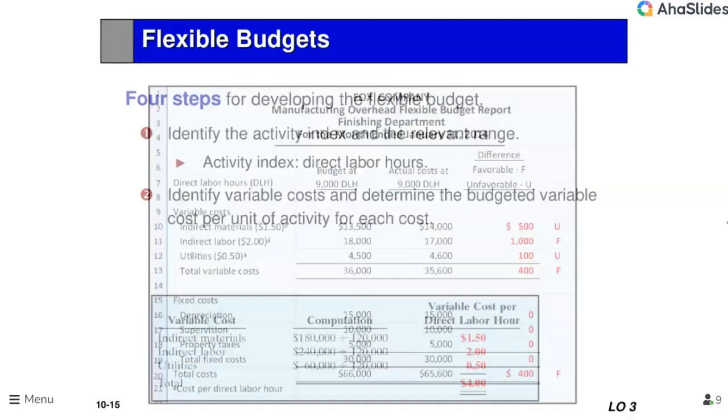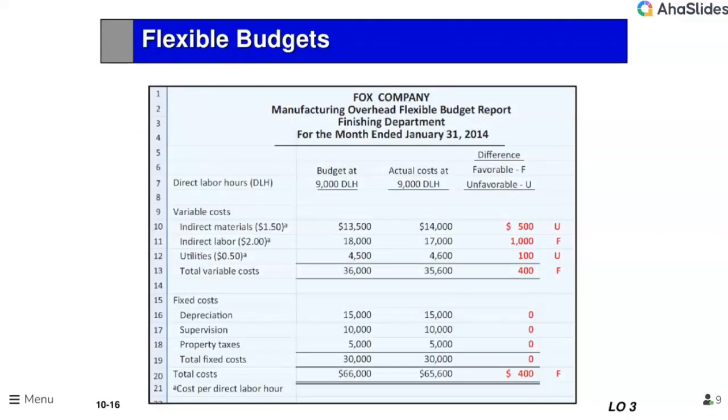Now the actual comes in, and they did 9,000. So that 120 is for the year. And for this month, first month, we did 9,000 actual results on the right-hand side. We don't change the actual. But now we build the flexible budget at 9. And we say, okay, the indirect materials would be the actual output of 9,000 times $1.50, or 13,500. The indirect labor would be 9,000 times 2, and the utilities 9,000 by 50. Now the fixed costs are fixed, so they're 15, 10, and that.